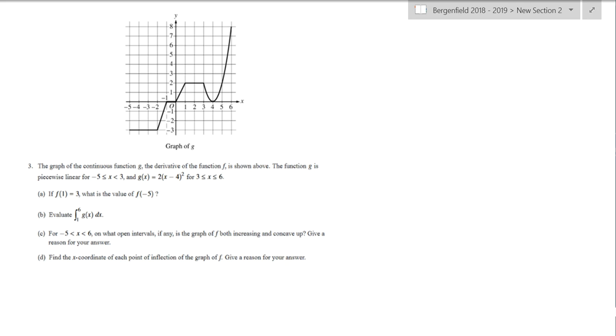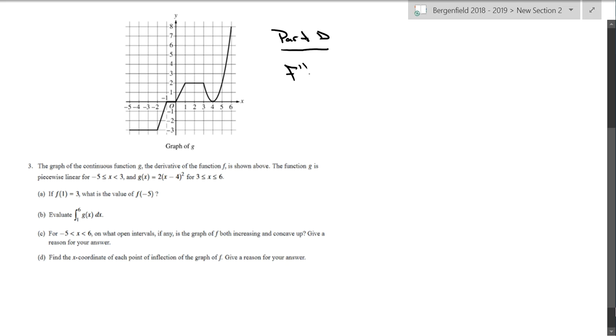Okay, AP Challenge 2018, number 3D. So we're going to do part D here, our last installment of the night. Find the x-coordinate of each point of inflection on the graph of f. Okay, so there's two things we need. We need to know where f prime of x, the second derivative, is equal to 0, and changes